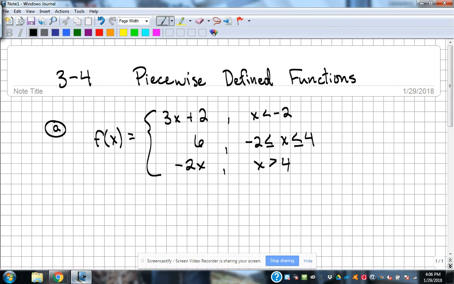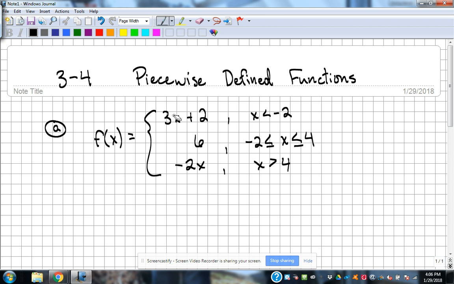Piecewise defined functions have multiple parts. Sometimes there are 3 parts, sometimes there are 2. Technically, there could be an infinite number of parts, but the theory works no matter how many parts you have. What you've got is 3 separate functions for certain parts of the